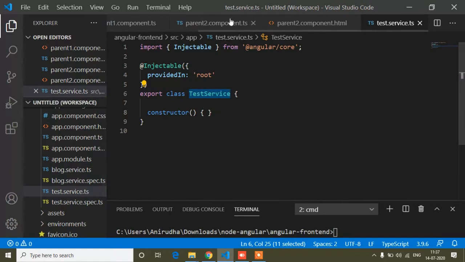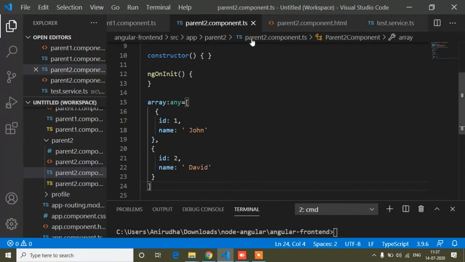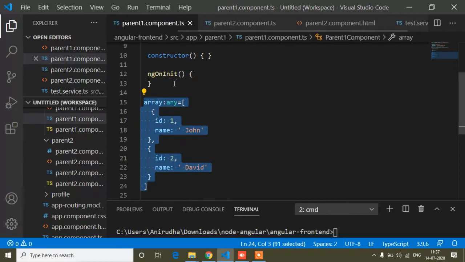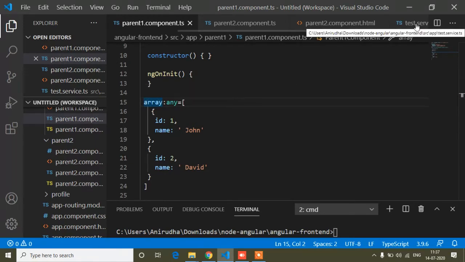And now I declared all the arrays inside all the components' ts files, like the parent 2 component.ts file and also the parent 1 component.ts file. But now I will declare this array inside our service, and from the service we will get the array in all the components, because the service communicates with components.